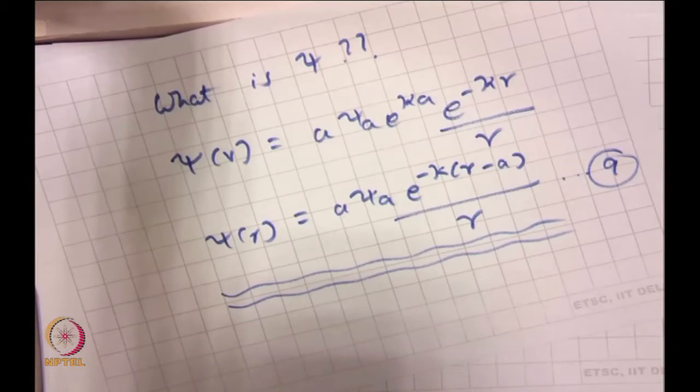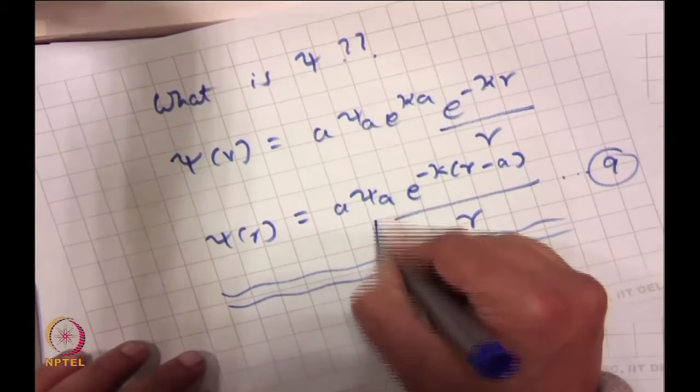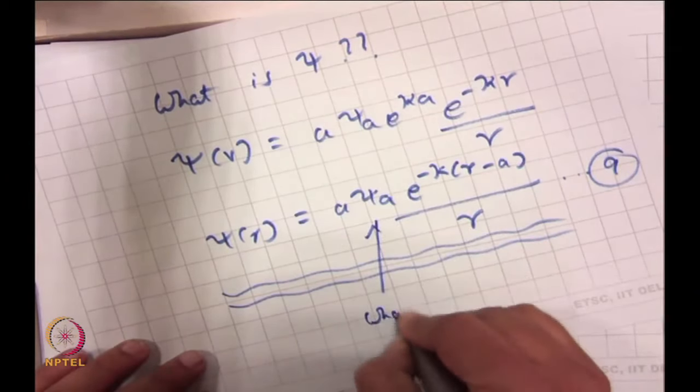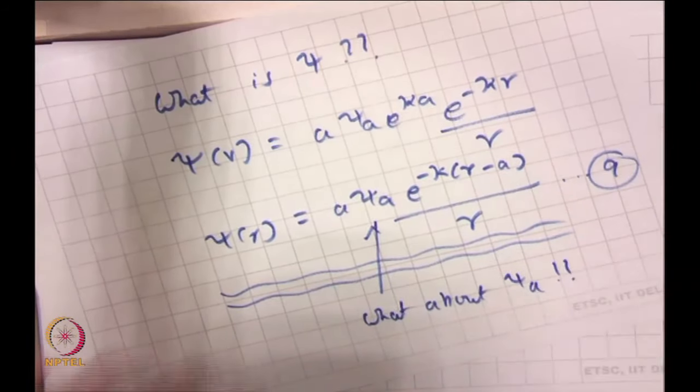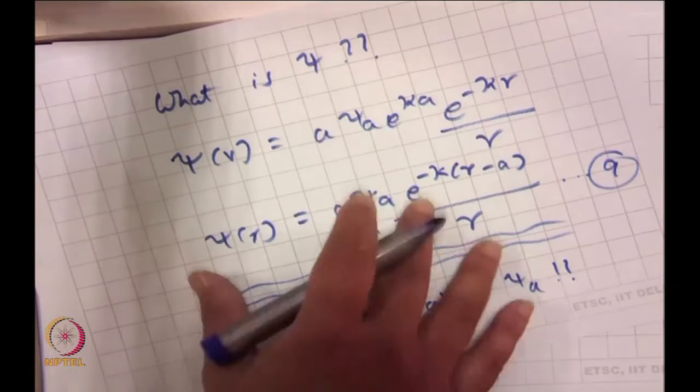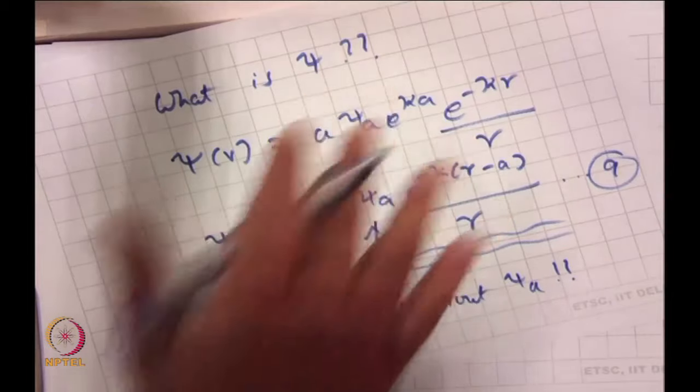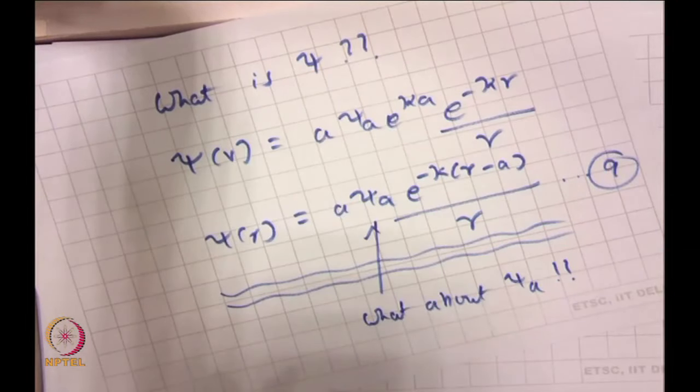Now, the question is, what about psi of a? How are we going to calculate it? We do not know what it is. It is easy to calculate actually, but we have to put in Gauss's theorem and all these things, so we are not going to do that. Neither am I going to ask you to derive what psi of a is in class, but these derivations you should be knowing, please. You can be asked in the exam.